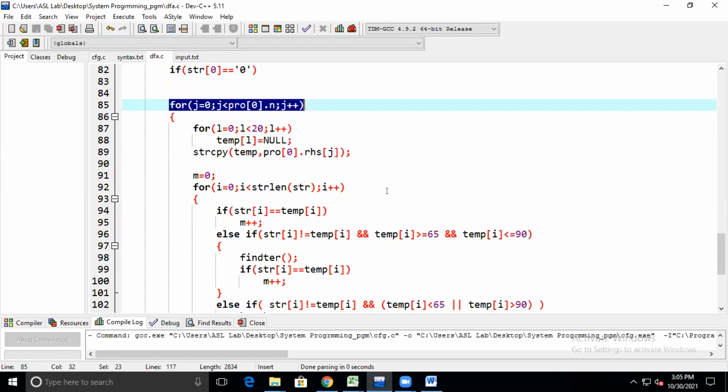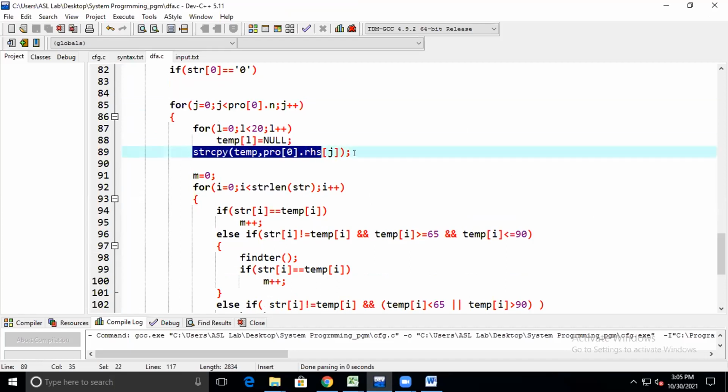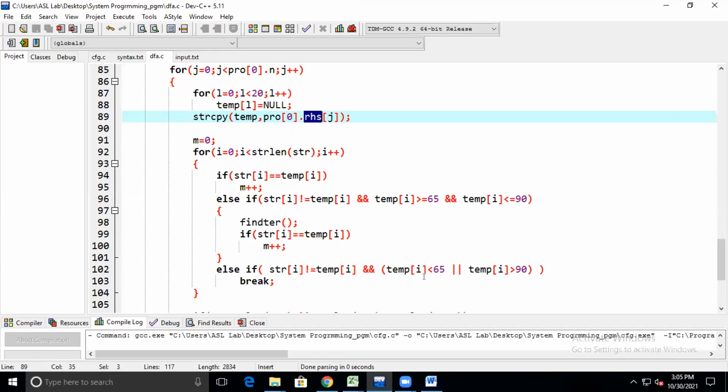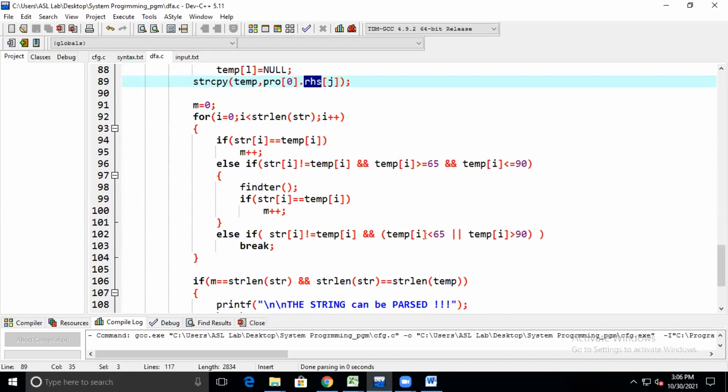So I, J, K, and L are simply for your string and your table values. For your table values, I am copying those values over. If I am taking the particular value, then it should be kept first to the right hand side, or you can say the right hand side constant. And if not, I'm going to move further to the left hand side. The if conditions I have just taken from the previous one. I have just copied them over here.